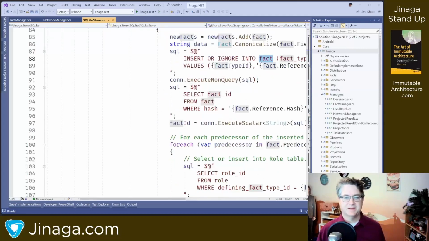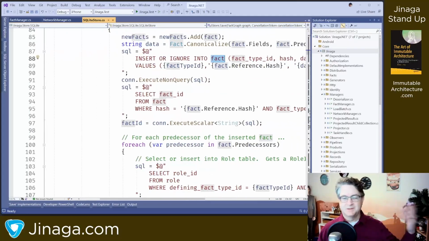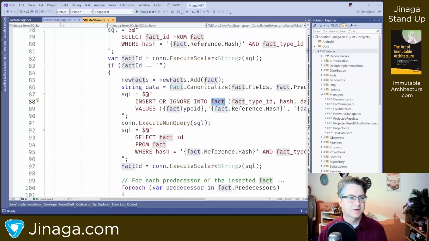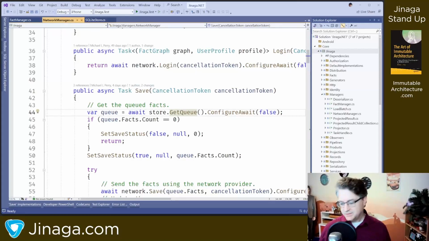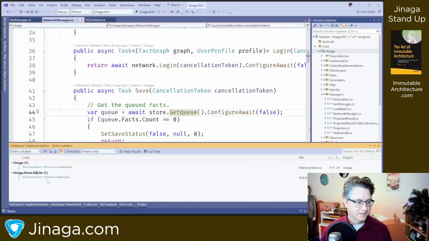We're inserting into fact because it's an auto-incrementing fact ID, which I talk about in the book, why you shouldn't rely upon auto-incrementing IDs outside of your database. But inside of your database, they are sequential. And so you can use them to keep track of how far into a sequential stream you have read. That's known as a bookmark. Right here where I get the queue in the SQLite store,